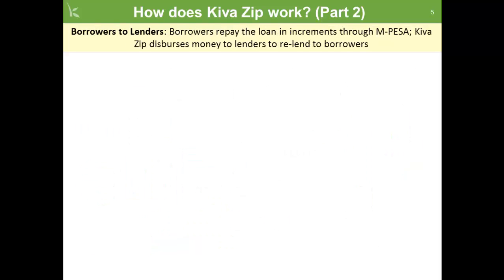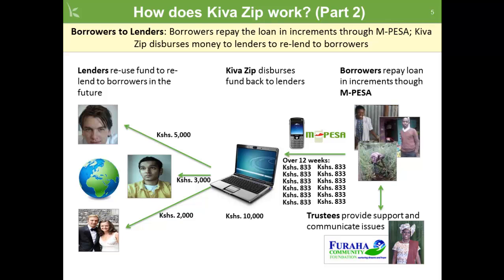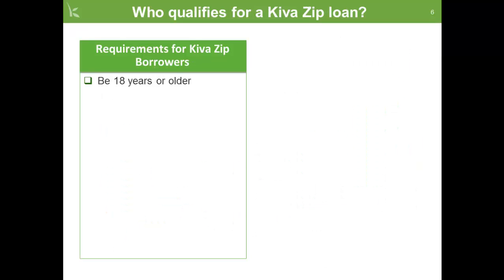And 1 week after receiving the funds, borrowers need to begin repaying the loan. Borrowers repay the loan in increments using M-Pesa. Kiva Zip disperses the fund back to lenders, and lenders can then use the fund to relend to borrowers in the future. To qualify for a Kiva Zip loan, the borrower must be 18 years or older, have a personal